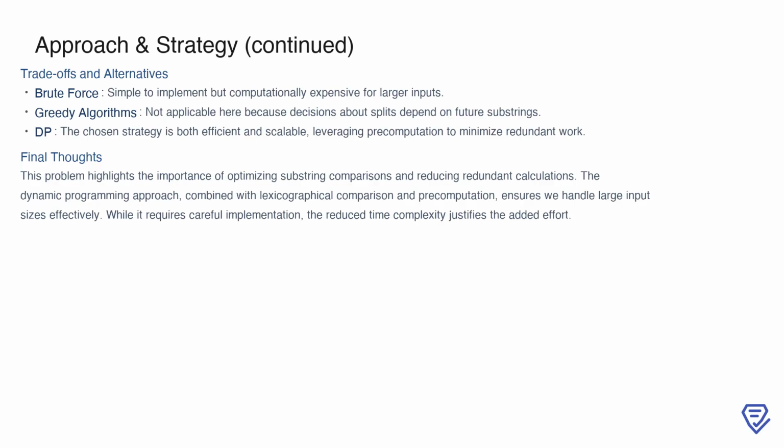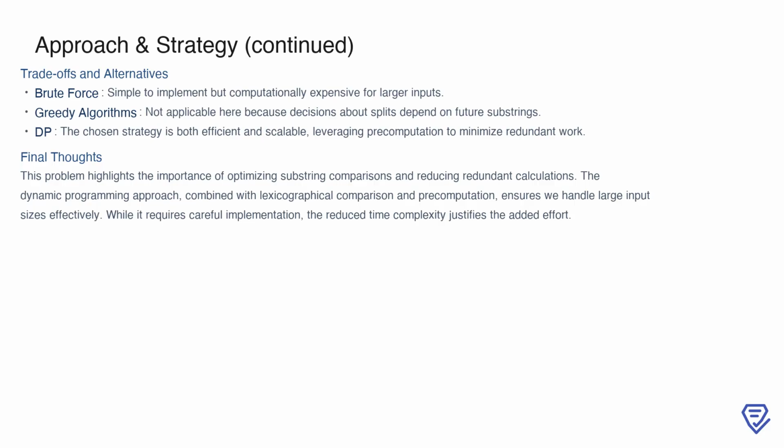By pre-computing substring comparisons and leveraging overlapping subproblems in the dp table, we avoid redundant work and handle large inputs effectively. This problem underscores the importance of optimizing operations like substring comparisons and designing algorithms that minimize unnecessary calculations. While the dynamic programming solution requires careful implementation, its reduced time complexity makes it well-suited for real-world constraints. Overall, this approach demonstrates how advanced techniques like pre-computation and DP can transform a seemingly intractable problem into one that